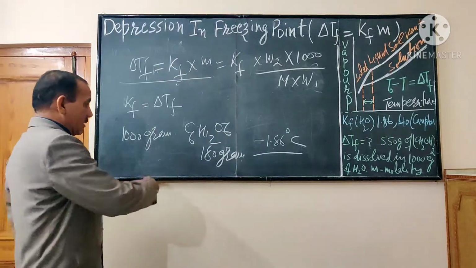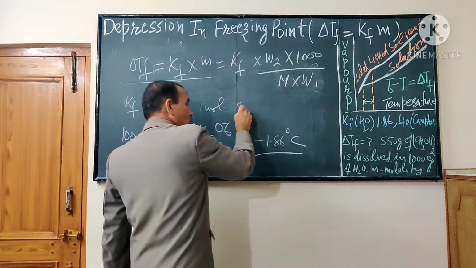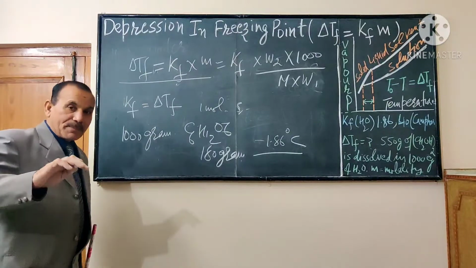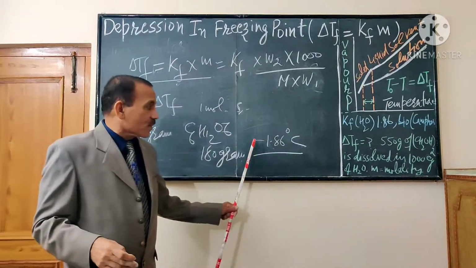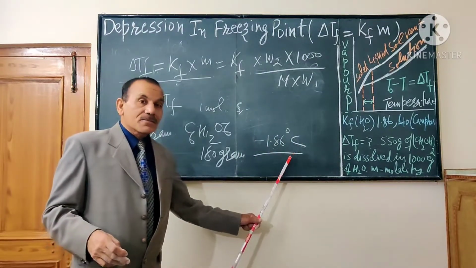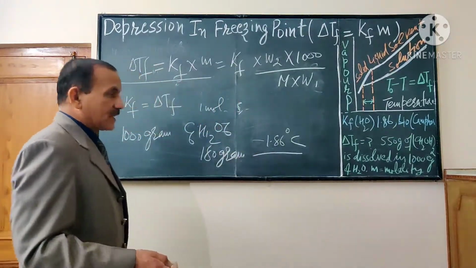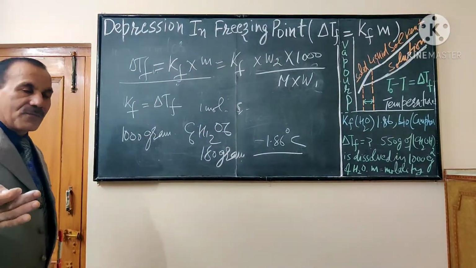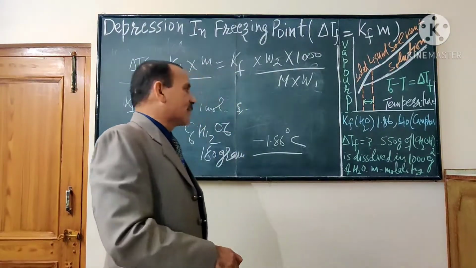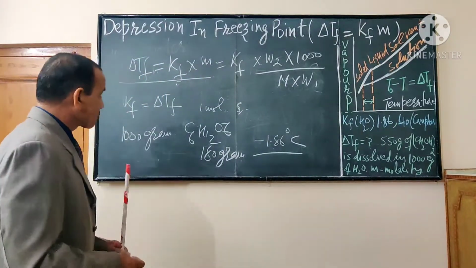If we add 1 mole of any other substance, let's say sucrose, urea or fructose, etc., then the depression in freezing point is always 1.86. Right? The minus means freezing point, and depression is 1.86, the difference of the two values. Depression is positive and the freezing point of a solution of any compound in water is always negative. It is always less than 0.